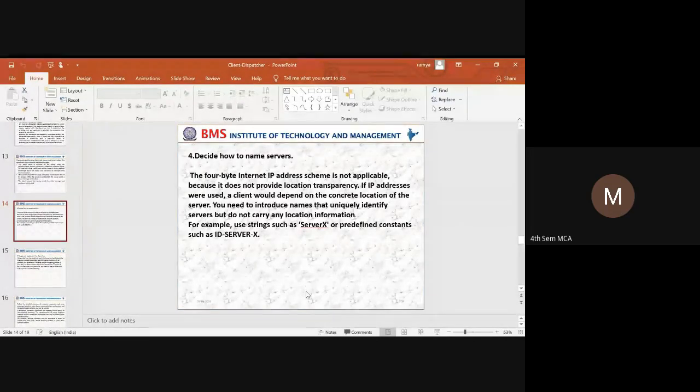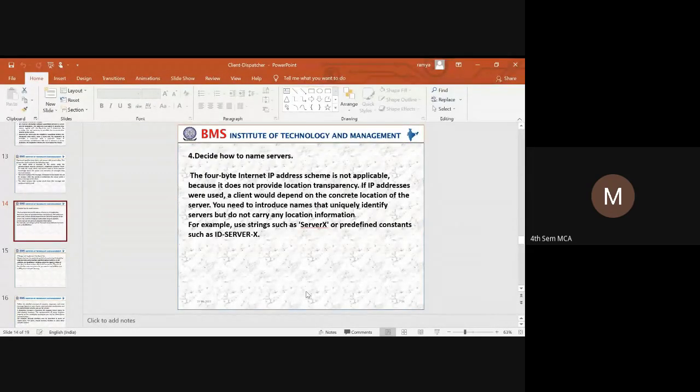Okay, now it may not be applicable. When we are trying to use an IP address, that IP address would depend on the location of the server. To identify the location of the server, you need to introduce a name. As I said, you cannot take it as 127.256.256.157.55.11.